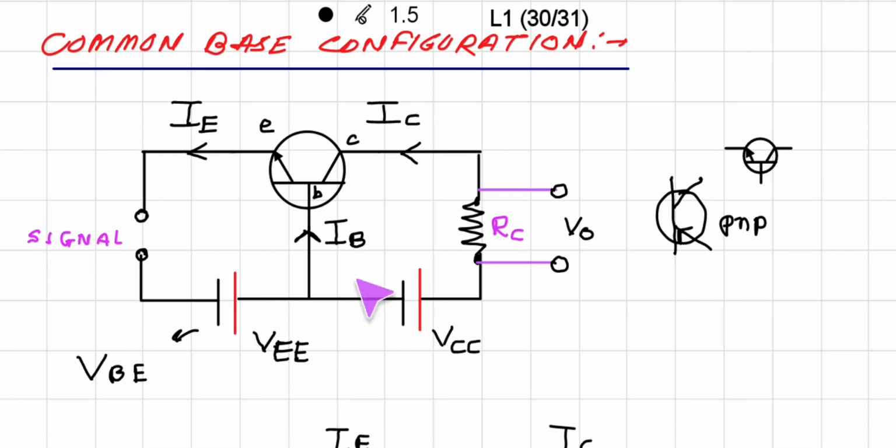Similarly, if you look at the output port, this is the input port to which we are going to apply the signal at the input, which is to be amplified at the output. When this signal is connected, the transistor will function as an amplifier, so that the amplified signal will be available across the collector resistance RC, that you know. So this is the second port, called the output port. In this case, remember that this is base, this is collector, but this junction must be reverse bias.